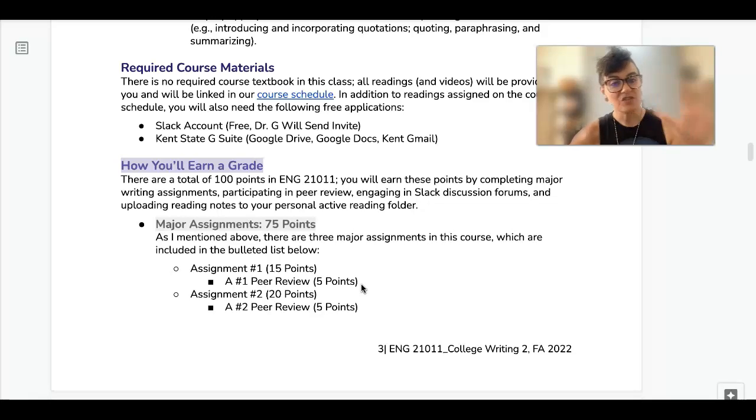So that is just the gist. Other things that usually folks like to know are, how am I going to get a grade? There are 100 points in the class. I don't weight anything. This is my first time using the Canvas grade book, but I am going to do a lot of stuff manually, so you'll see your grades there, but nothing is weighted. So if something is 1 point, it's 1% of your grade.